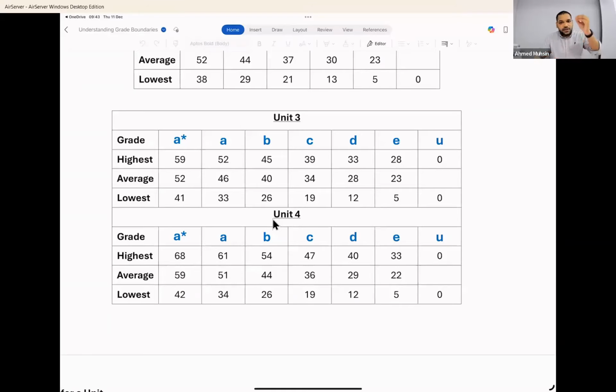But look here. In Unit 4 also, we have one 12-marker question. Let's say you scored nothing for that 12-marker question. You can still end up with an A star. You guys get it? You left that 12-marker, you didn't do it, you can still end up with an A star. Then achieving an A is not a big deal for you all. Achieving an A is quite doable. Once again, I'm reminding you all, I'm showing you the highest grade boundaries so far. I'm not looking at the average, I'm looking at the highest.